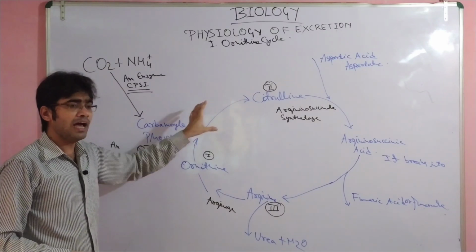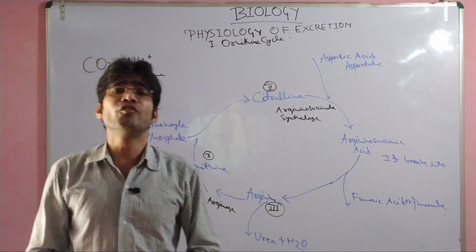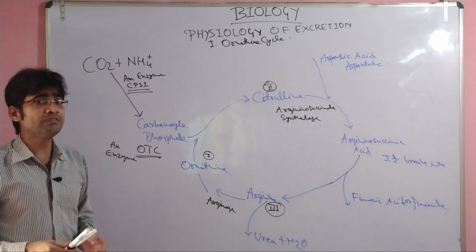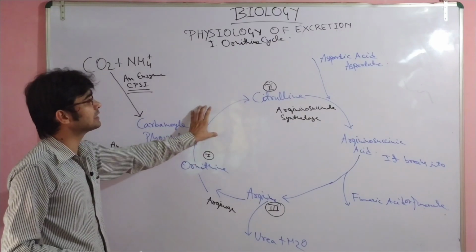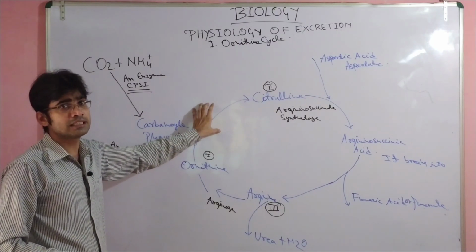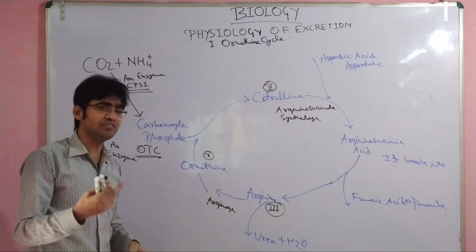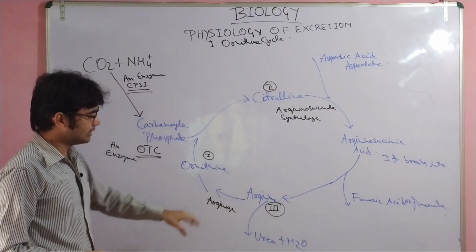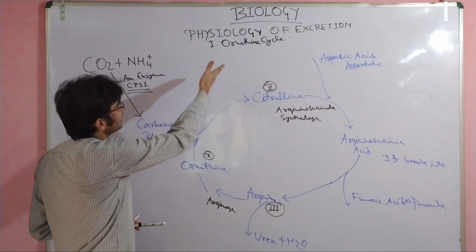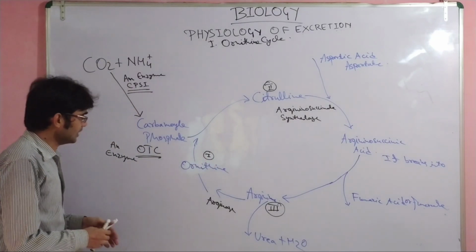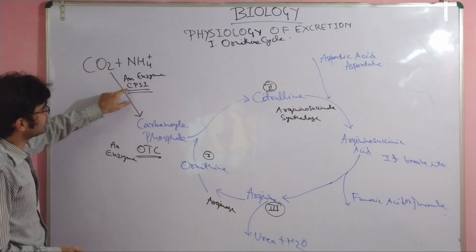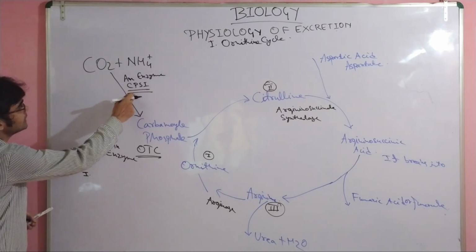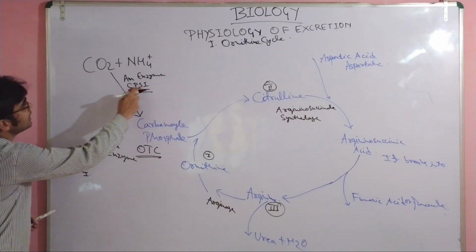So urea is synthesized in the liver, and this is hampered when there are diseases related to the liver. In cirrhosis, this cycle is hampered. Cirrhosis means liver damage. In liver disease, this cycle is hampered. So it is the ornithine cycle that I have mentioned here. So now the time is to write the enzymes' names. The first enzyme is